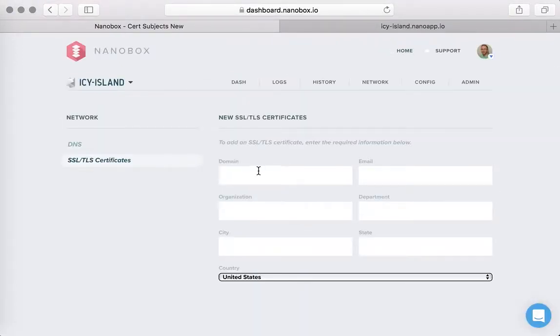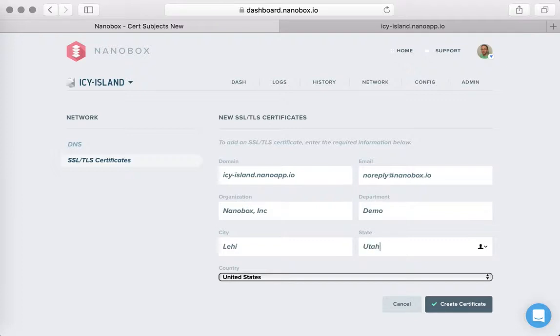But here I'm going to go ahead and just add a certificate for the Nano app domain, and let's say that this is nanoapp.nanobox.io, organization Nanobox Inc., department demo, and then the location. So just fill out the information here for this form,